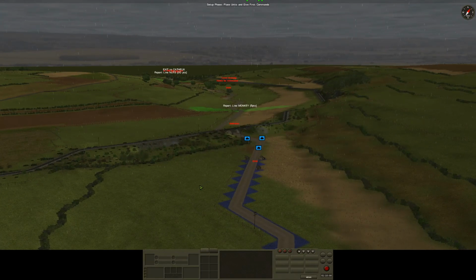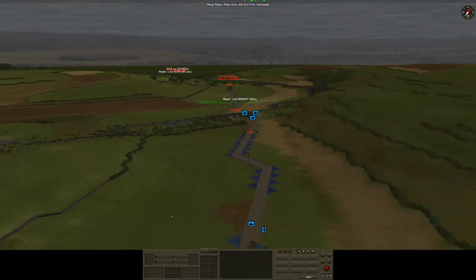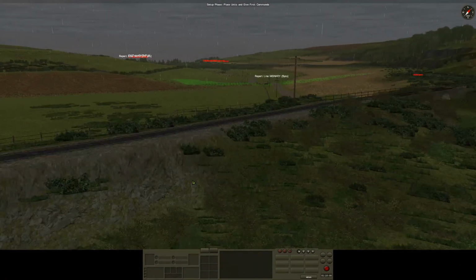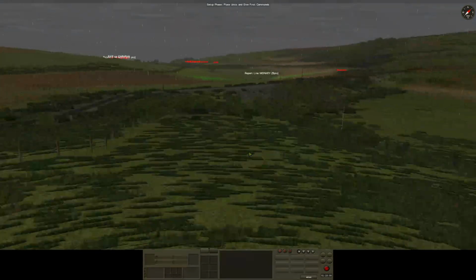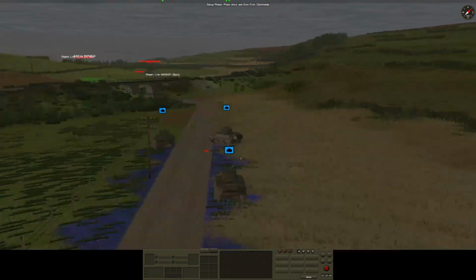So, opening moves. Well, here's the thing. If I was putting my game hat on, pure game hat, and trying to min-max Combat Mission, I would break out some scouts from my infantry, which, to be fair, I have done. I've got 2 scout teams and I've got a detachment here. And I would get them up onto this berm, probably somewhere over this direction, I think, where there's nothing too close, should they come under some MG fire, and try and build up a bit of a picture before we do anything else. And I'm going to do that to a certain extent, but at the same time, I wanted to at least get